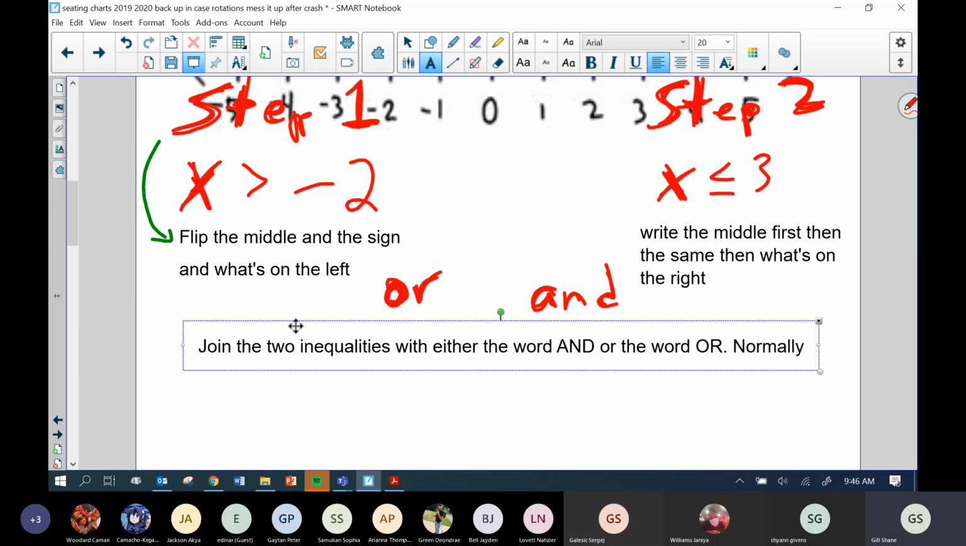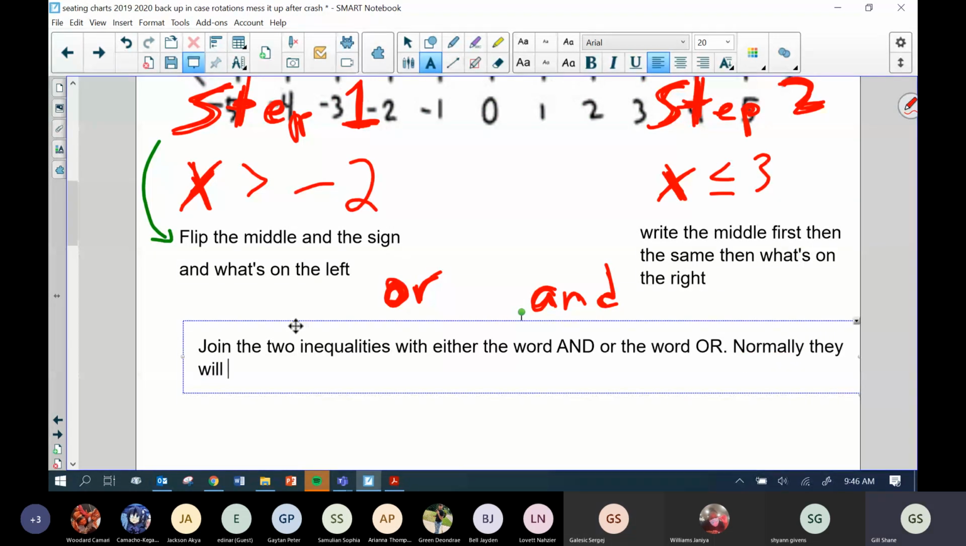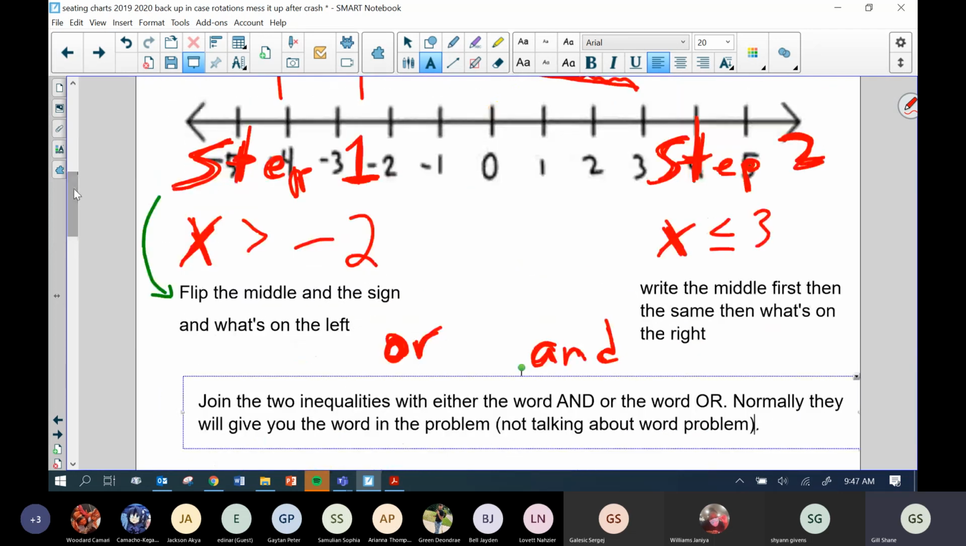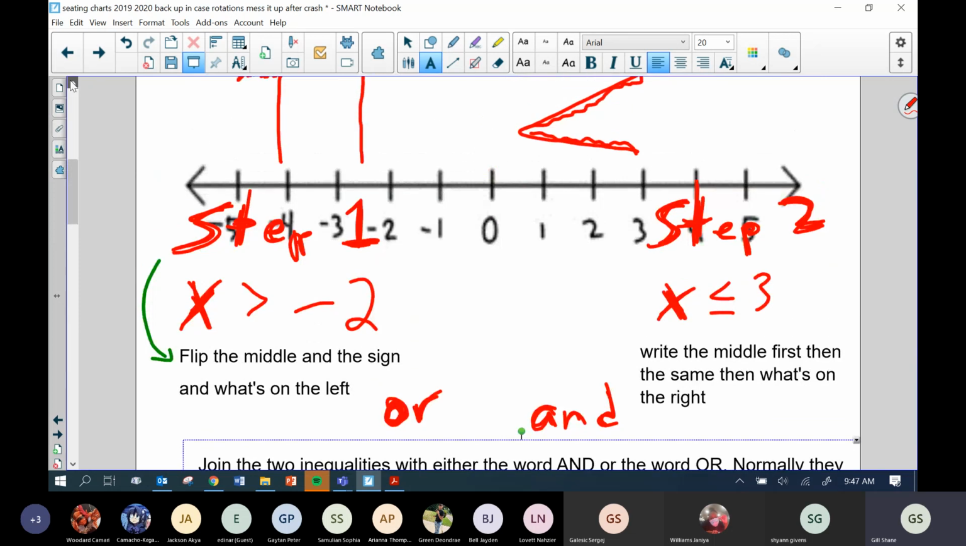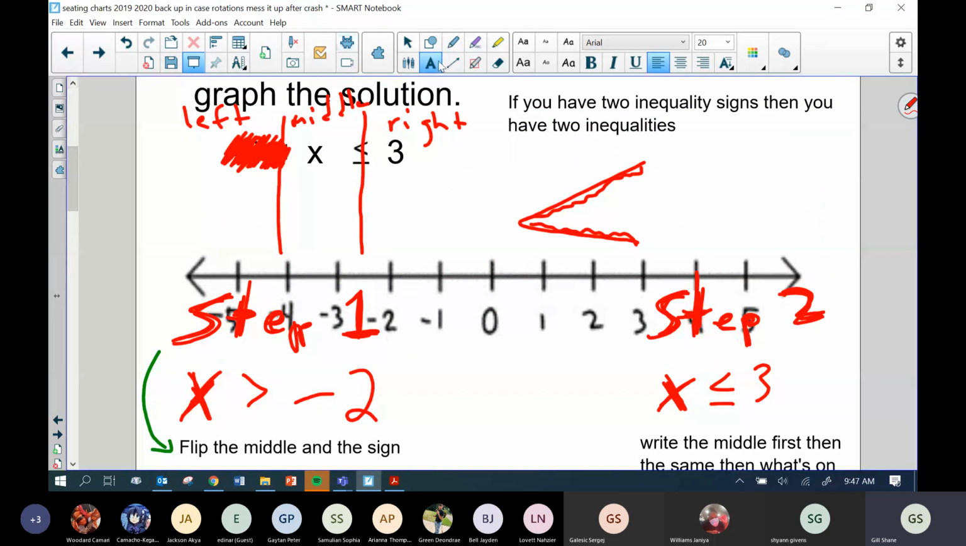I'll write that whole thing, I guess. Normally they will give you the word in the problem, I guess. And I'm not talking about word problems. So I guess I'll write that in. Not talking about word problems, because that's totally different. They can use all kind of different words. I'm just talking about when it's already set up in an equation form like this. So you're just looking at something that says